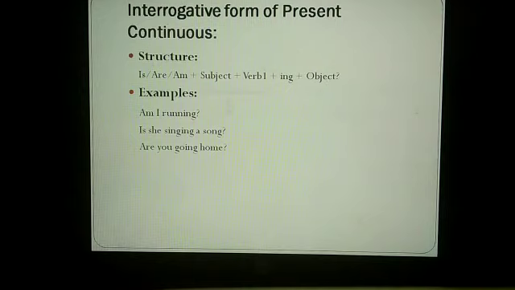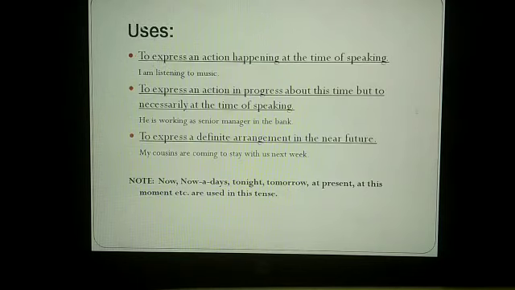Now these are examples. Am I running? Is she singing a song? Are you going home? Right? Next, we use present continuous tense to express an action happening at the time